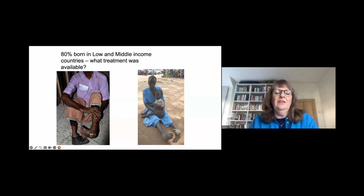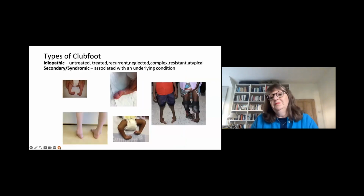I'm very pleased that this picture is starting to change, and the work of organizations like Global Clubfoot Initiative that support Miracle Feet and Hope Walks and Walk for Life is really changing the picture for these people. So the more I learn about clubfoot, the less I know. And it isn't one condition, is it? There's a multitude of conditions. So even within the idiopathic group, you can divide the